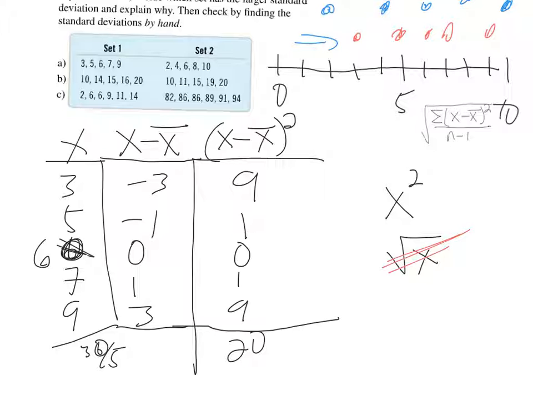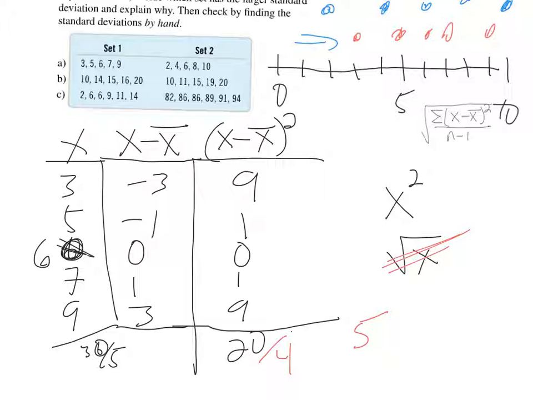Next step is divide by, let's see, I've got 5 pieces of data, and the formula for sample standard deviation says divide by 1 less than the number of numbers you have. So that's 4, because I have 5 numbers. 20 divided by 4 is 5. This 5 is the variance, and variance is used in some measures. Some of the more advanced statistical techniques talk about the variance. We're not really going to use it much. I might ask you what it is, but